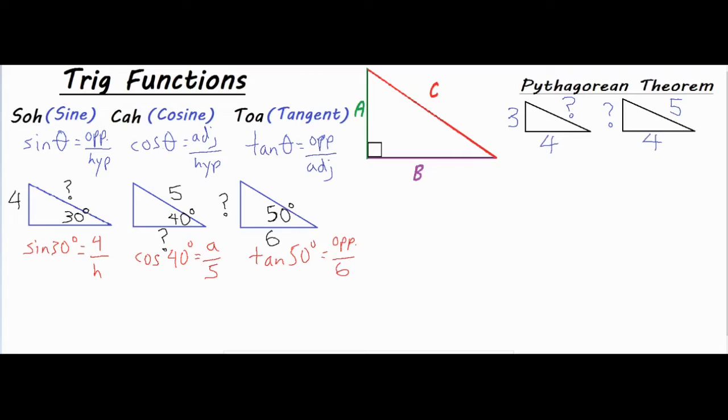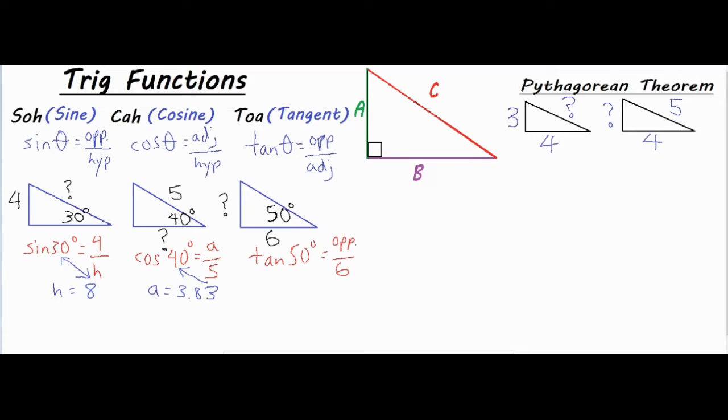For all of these, what you can do is basically use a form of cross multiplication. So for the h, I'm going to cross this h up and over, and then the sine of 30 down. And then if I take 4 divided by the sine of 30, I get an answer of 8. For the second one, I only want to cross the 5 over, and that already isolates my unknown variable. So we're going to cross the 5 up and over, and if I take 5 times the cosine of 40, then my adjacent side equals